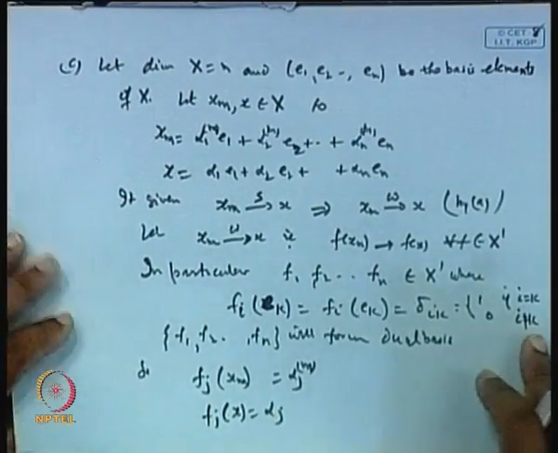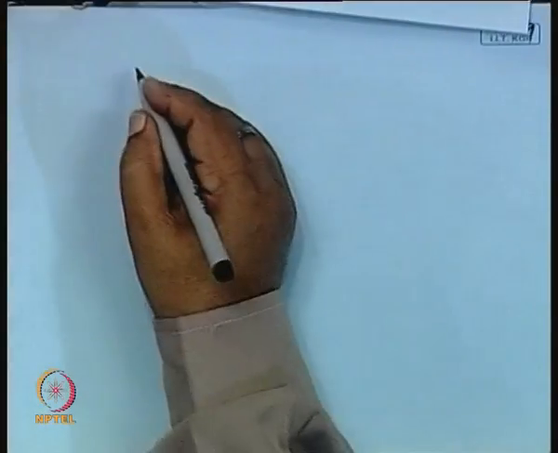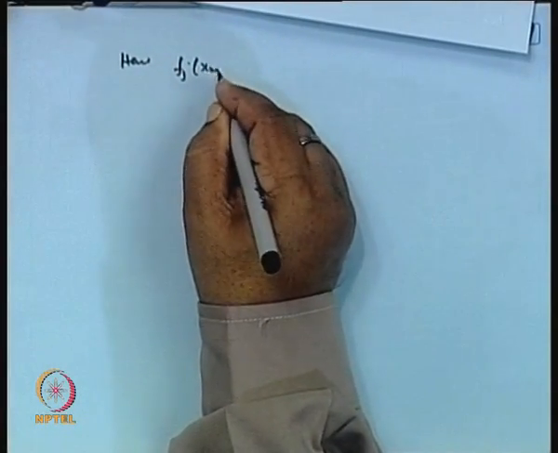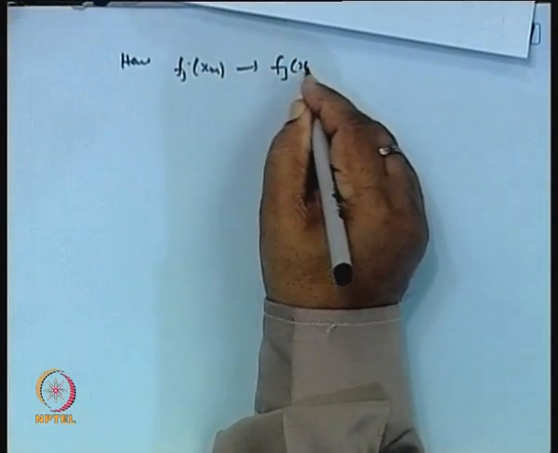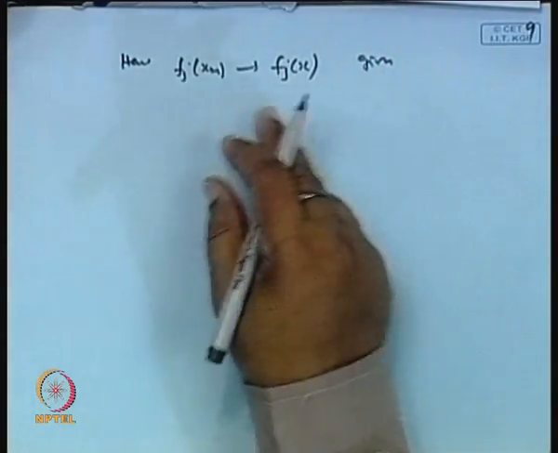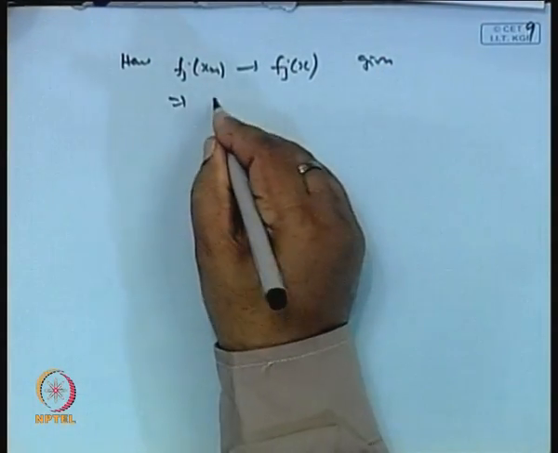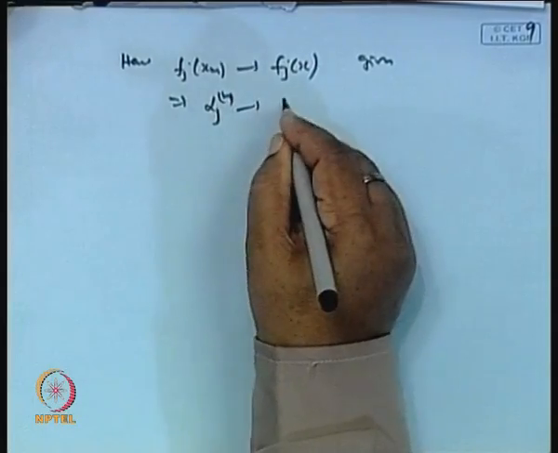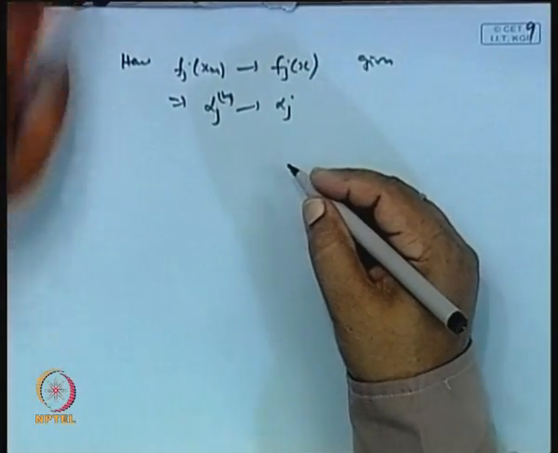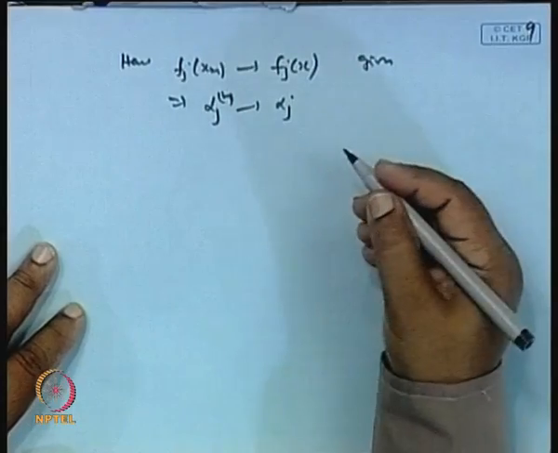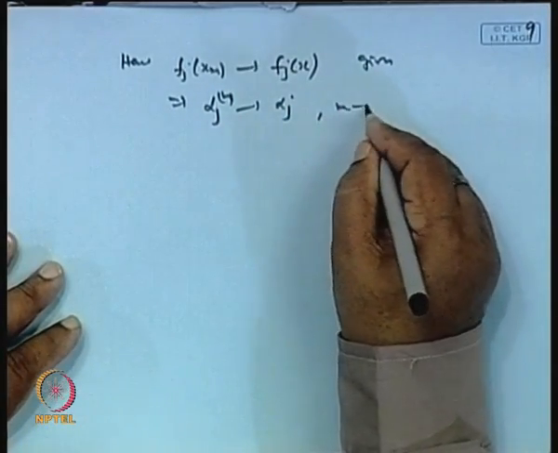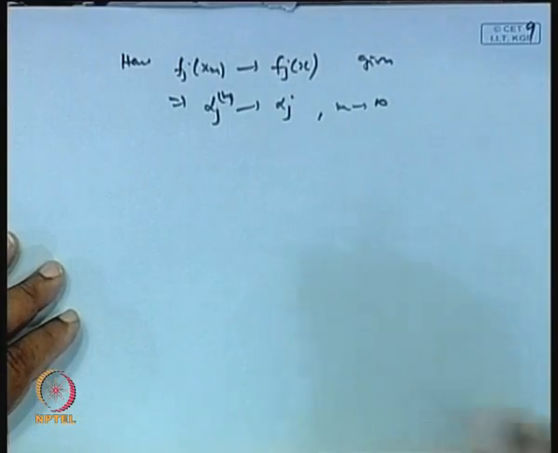Okay. Now, it is given that f_j(x_m) converges to f_j(x). This is given, because this implies alpha_j^(m) goes to alpha_j as m tends to infinity, is it not? Therefore,